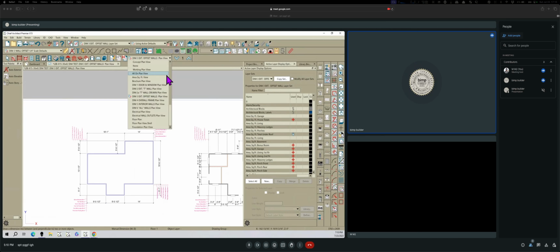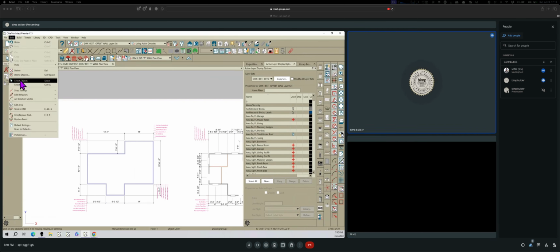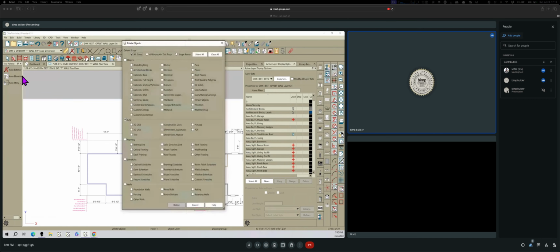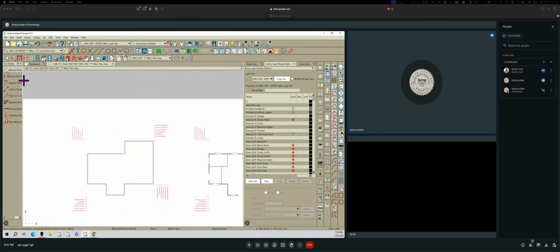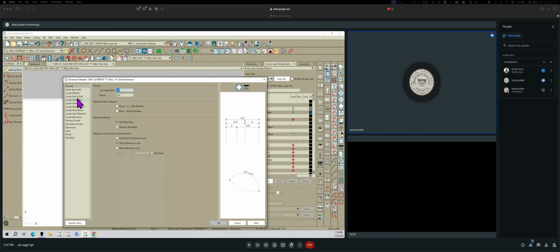Now let me go back and do my T-walls. So you did all these in plan view. That's very cool. Yeah, I'm doing that in the plan view. So let me get rid of those again. All right. Now let me go. I'm in the plan in the other one, and so let me change it to